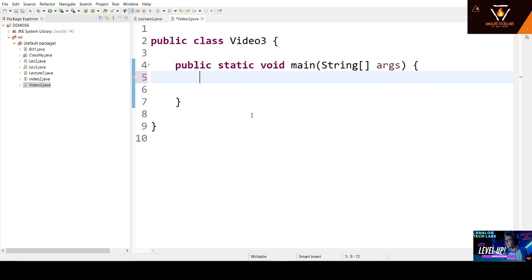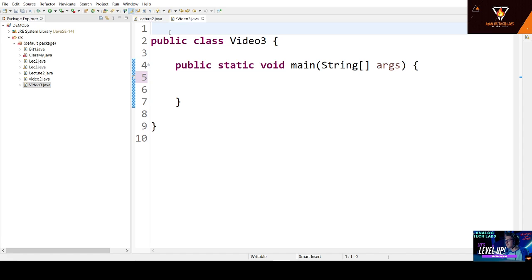Now, in order to take input from the user, first you have to import some library, or you can say import some class. In Java we have predefined classes and interfaces also. Don't worry about interfaces for now. Just focus on the fact that Java has predefined classes. Predefined classes are those classes which are already in the JDK. You don't need to write code for them or know how to implement them. You can just use them.